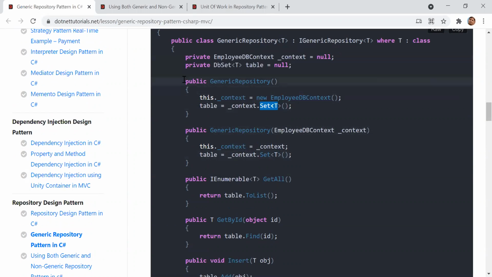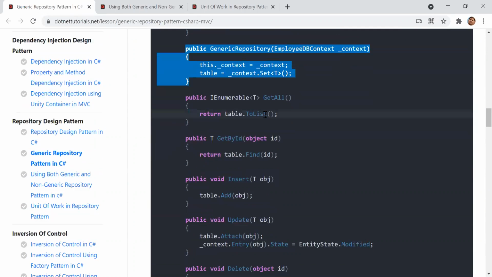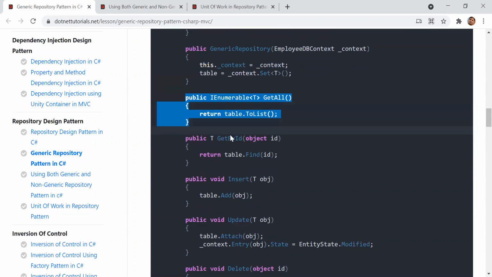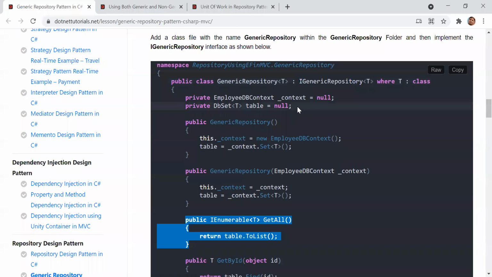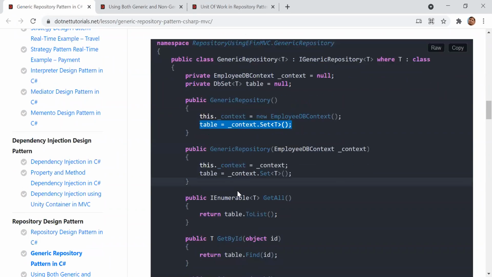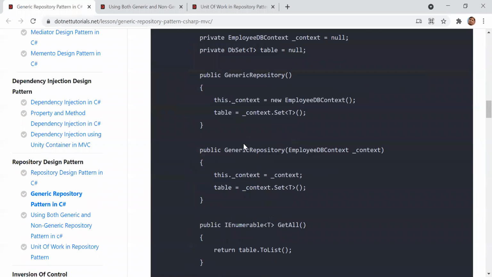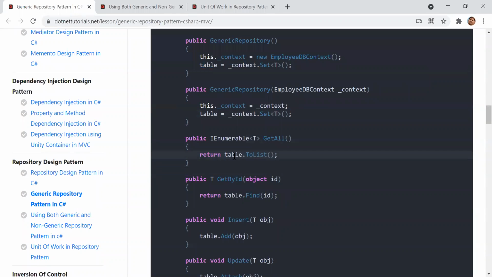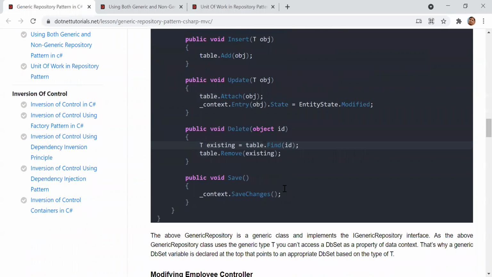Here we have two constructors, a default constructor and a parameterized constructor, and then we specify the table. Whatever you specify inside T will be treated as the table. Whatever table you give will come inside, meaning your table name will be here. The rest of the things will be the same.